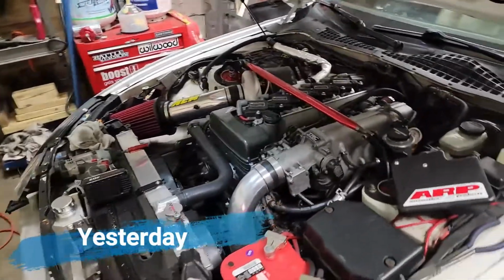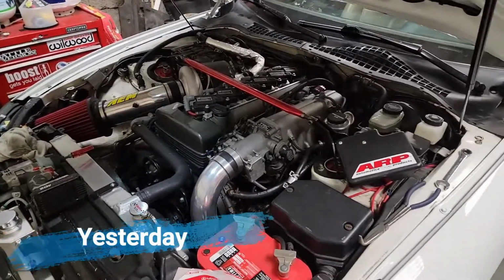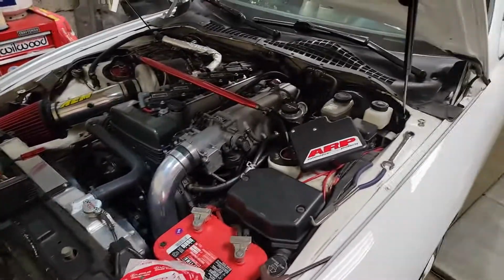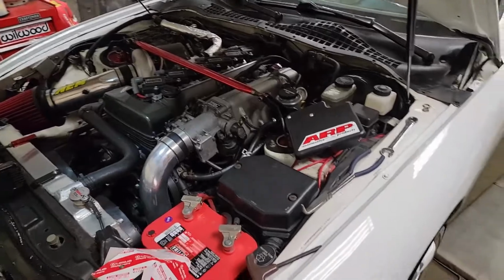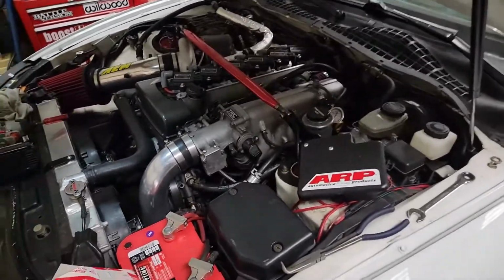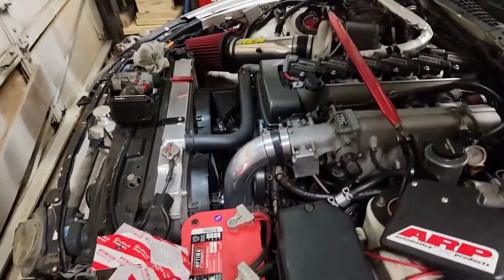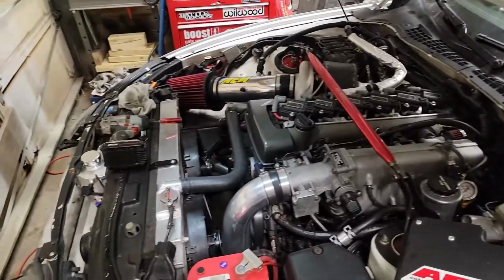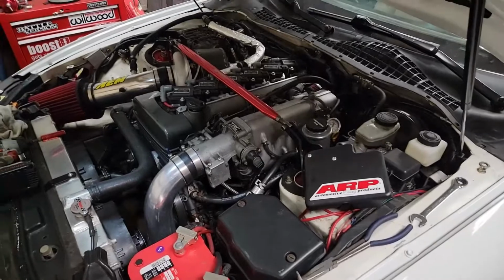Guys, so today I took the car out. Just regular. I mean, I did do some crazy shit, but basically I got it up to temperature. I took it out on the highway. I drove it